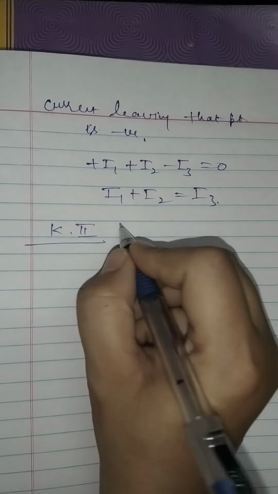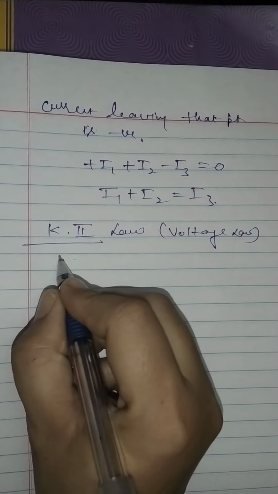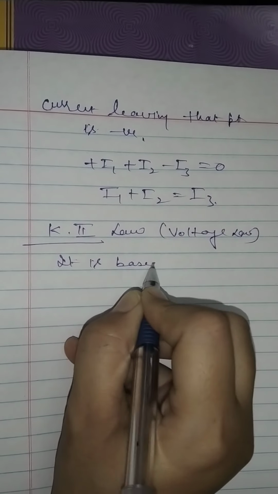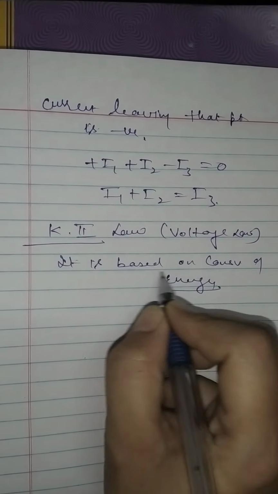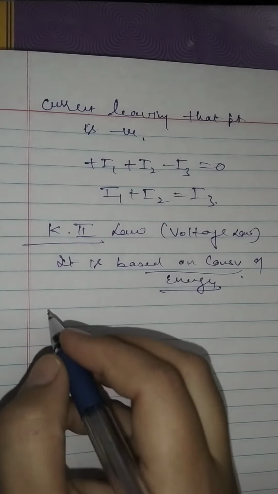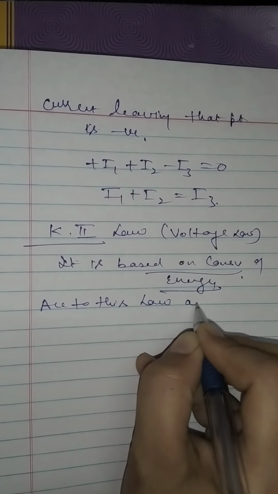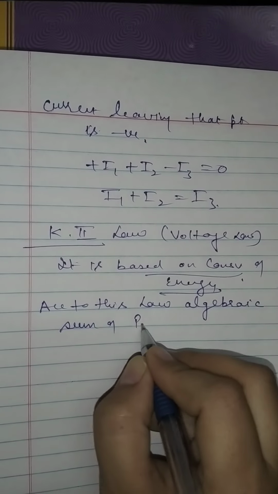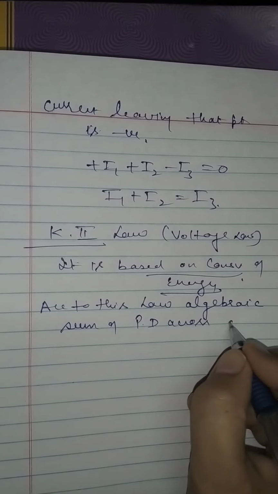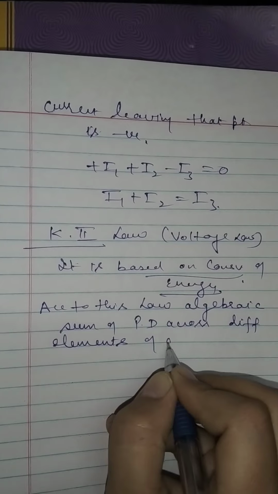Next is Kirchhoff's second law, or Kirchhoff voltage law. The second law is also called the voltage law, and it is based on conservation of energy. What is this? According to this law, the algebraic sum of potential difference across the different elements of the circuit